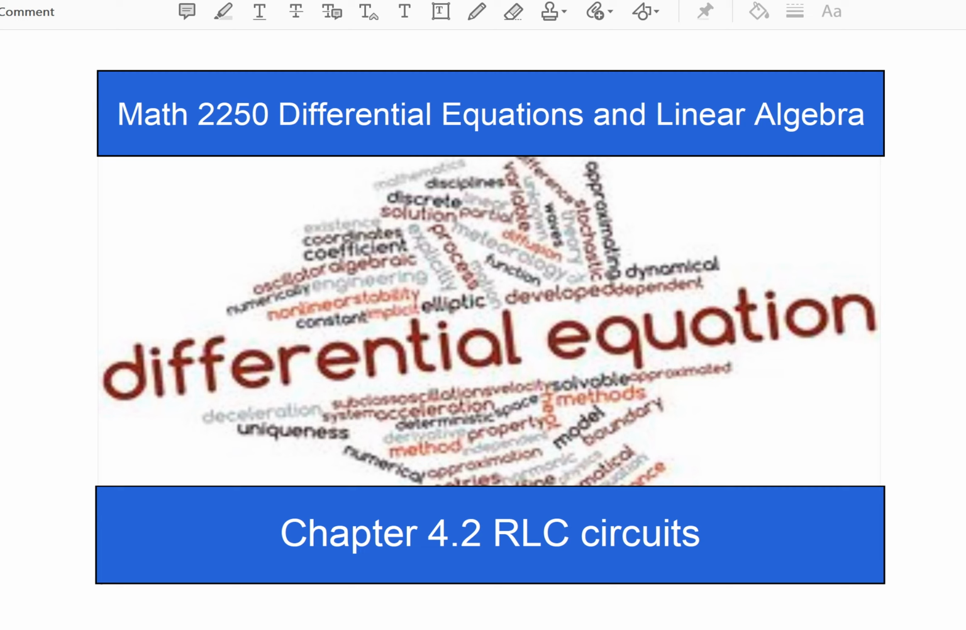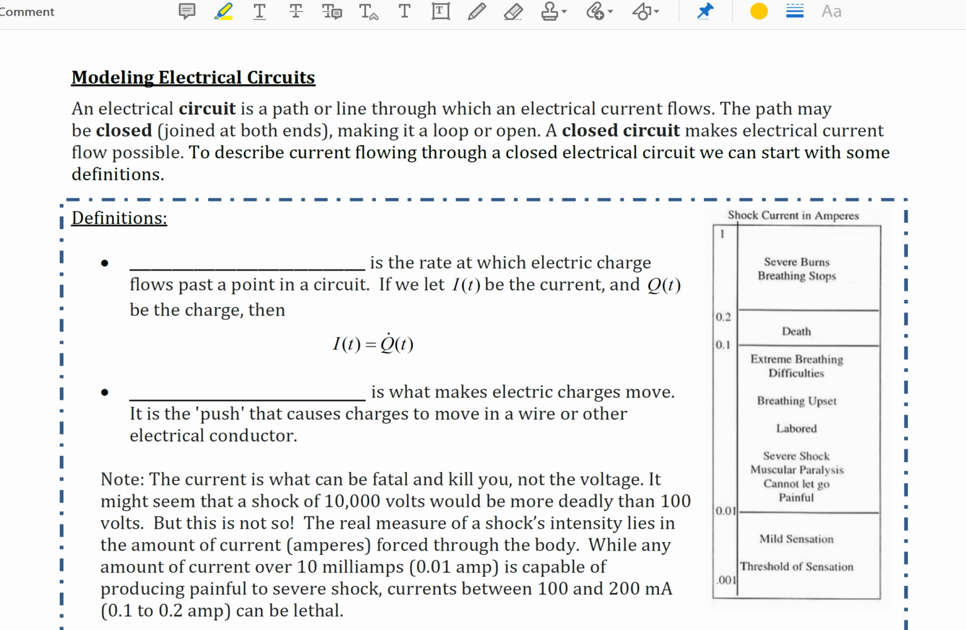In this video, we are going to finish going through Chapter 4.2 and look at RLC circuits. In your guided lecture notes, we're going to be starting on page 15,